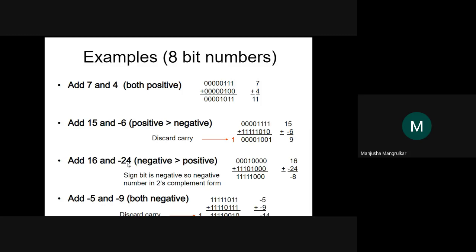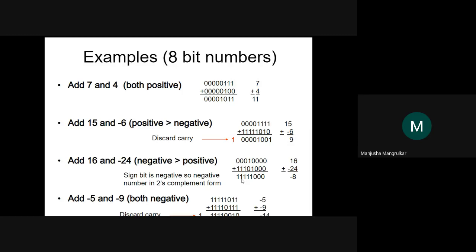First 24 is converted into binary. Then that 24 is converted into its 2's complement. First convert into the 1's complement, then add 1. So this number will be the 2's complement of 24, and that represents minus 24. And this minus 24 is added with 16. So what result will we get? Minus 8. So this result is also in 2's complement. This is the 2's complement of minus 8.